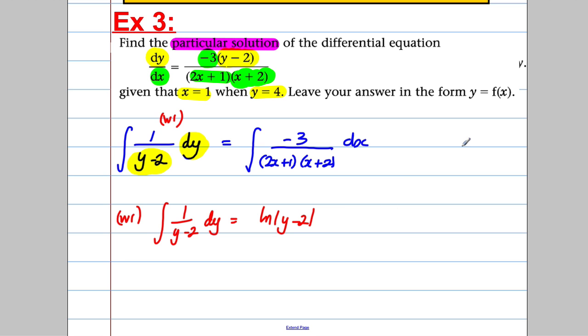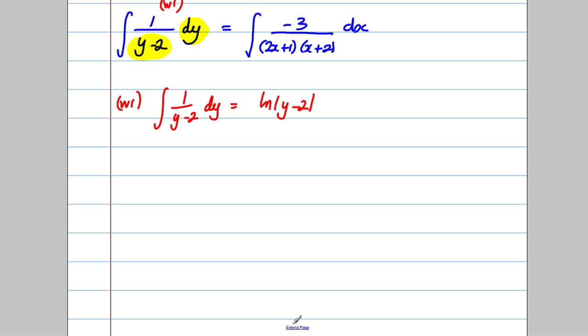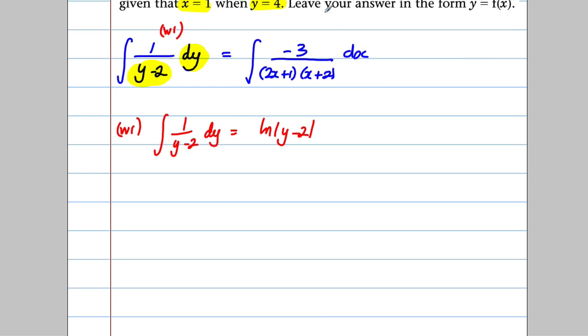But we'll deal with the constant at the end. Now, working 2. This one's going to be harder. Now, this is an algebraic fraction. The top is not the differential of the bottom, and it looks like two distinct linear factors, so I'm going to try partial fractions. So for working 2, the first thing I'm going to do is try and write